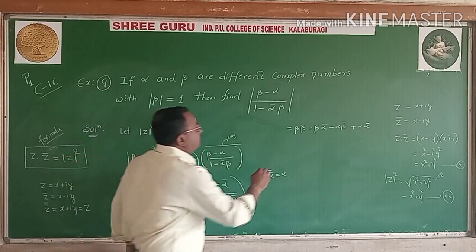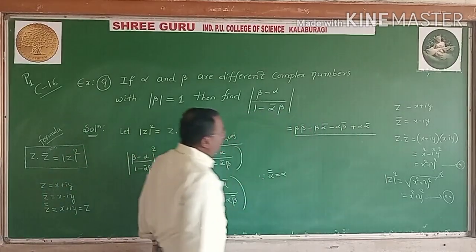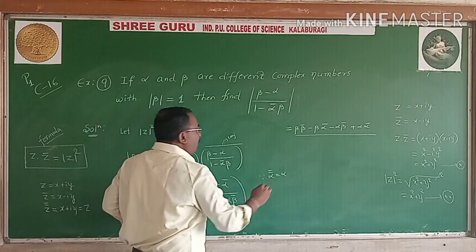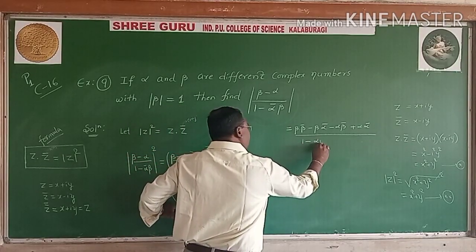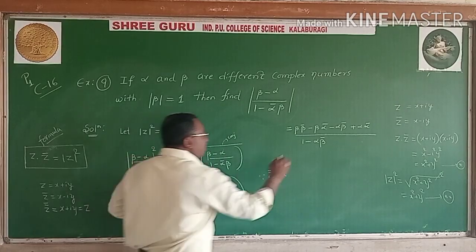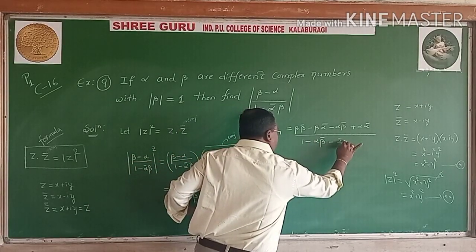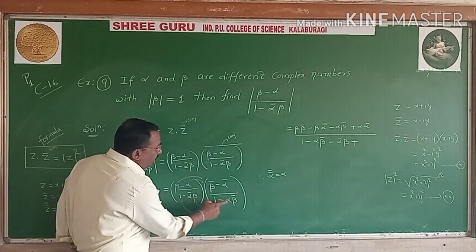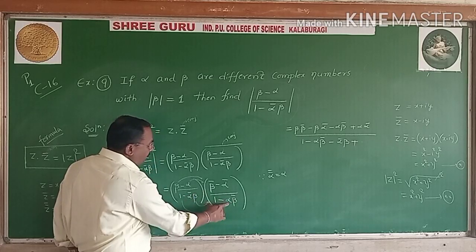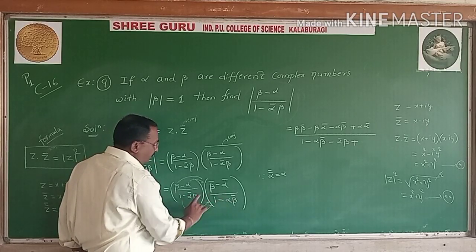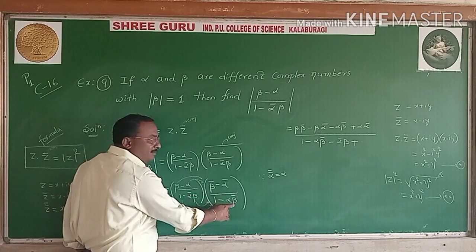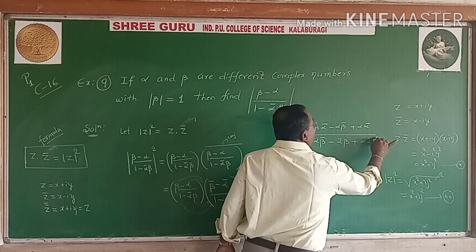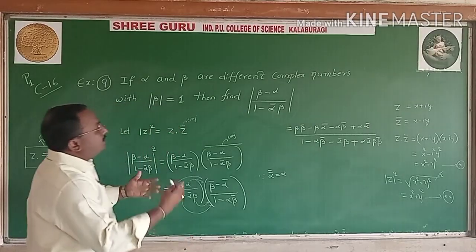Numerator is over. Denominator: one time start, one time multiply, alpha beta times multiply. 1 minus alpha beta bar complete. Minus start, minus alpha bar beta, minus plus. Here alpha bar beta bar, carefully: alpha bar alpha, beta bar beta. Note, alpha bar, beta bar, product alpha bar, beta bar. Clear? Okay.